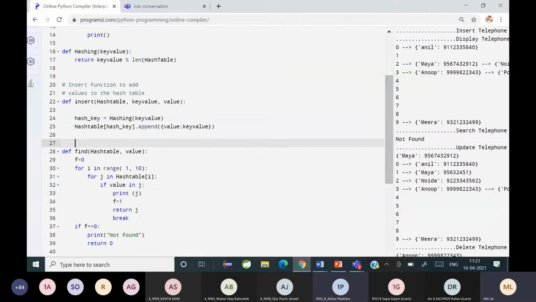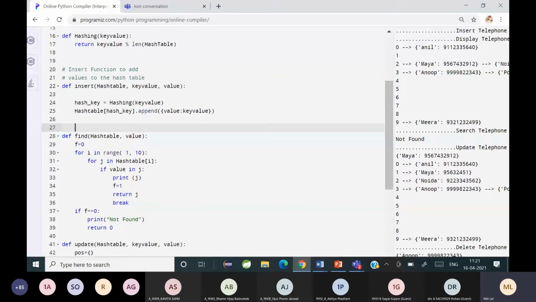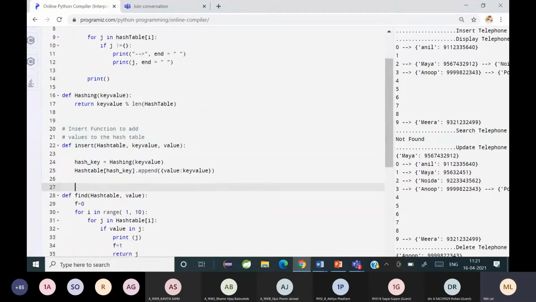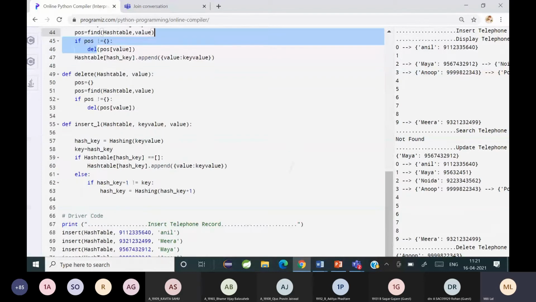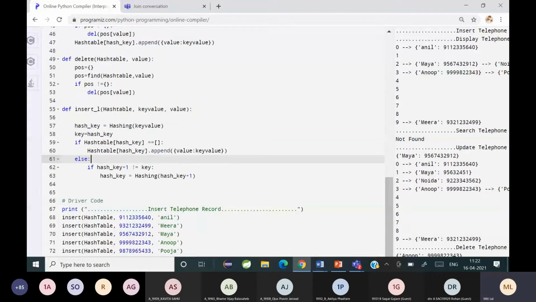Okay. So now, suppose I want to use a linear probing method. Earlier I used the chaining method. Now how does it work in linear probing? Do you remember? First we find the hash value. And if that position is empty, then you insert the value into that particular position. Else, you increment the key by 1, and if the key is not equal to our original key, meaning after searching we should not come back to the actual key. Understood?